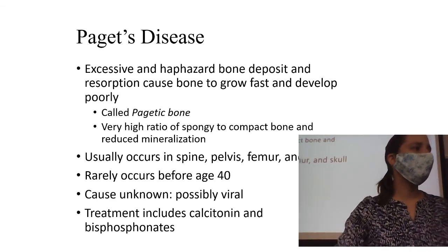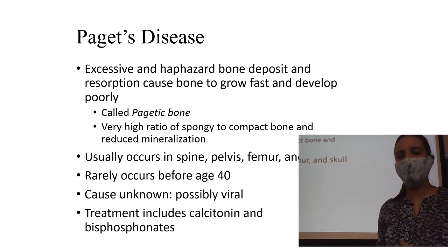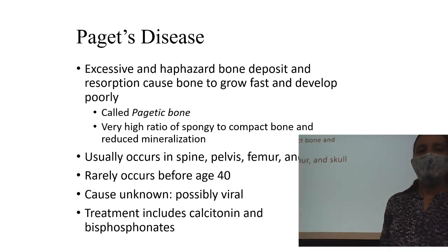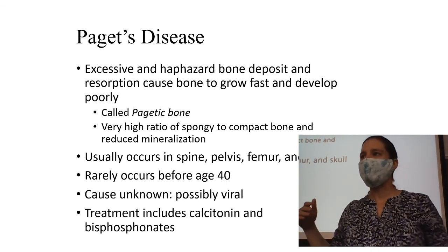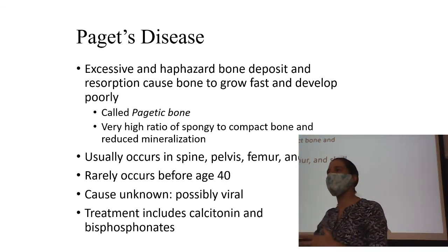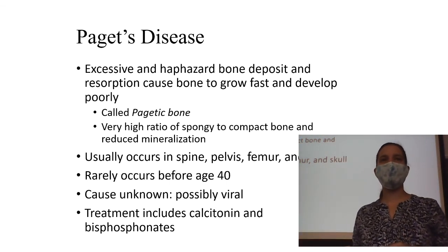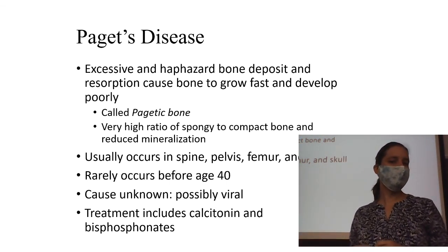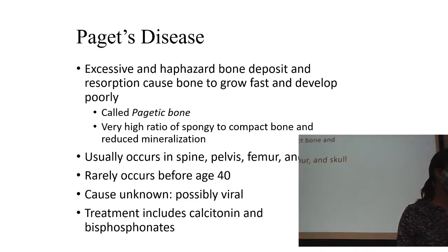And then the last set, we saw it just because it was cool or interesting before. Paget's disease, Pagetic bone is what it's called. It's not a problem that you're breaking down too much of it or you're depositing too much of it. It's just kind of random. Bones can actually grow really fast. And you end up with pictures that look like these ones,